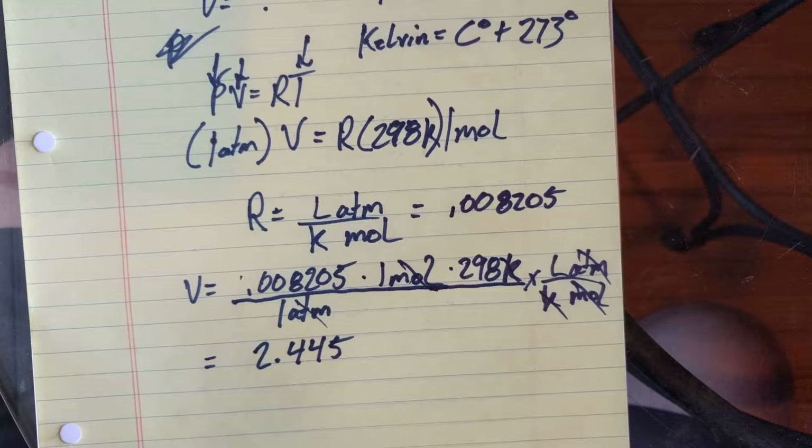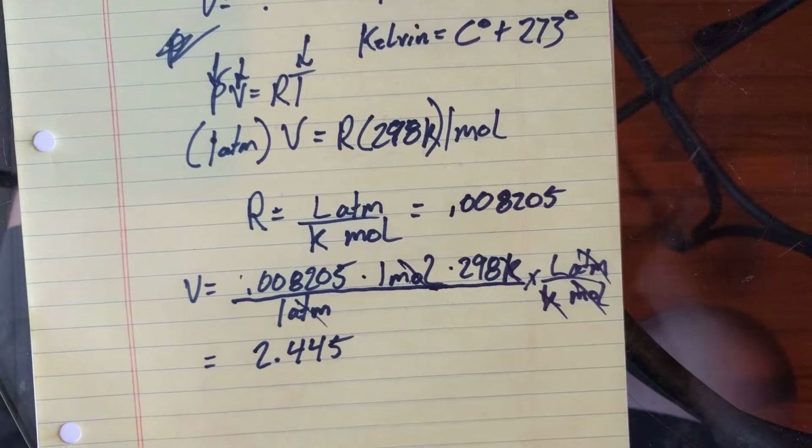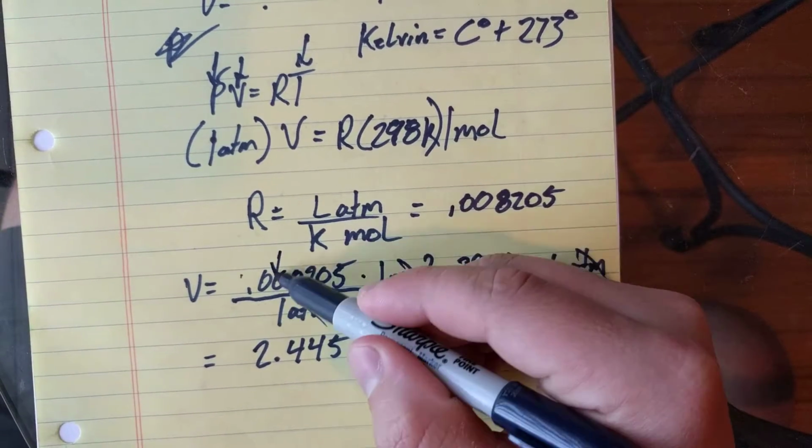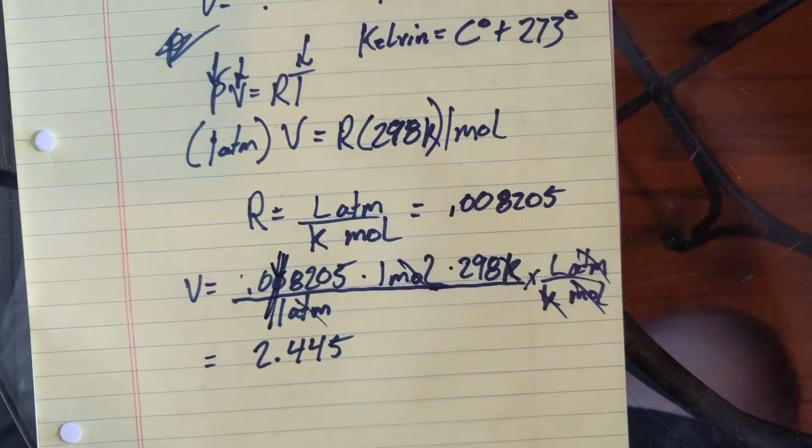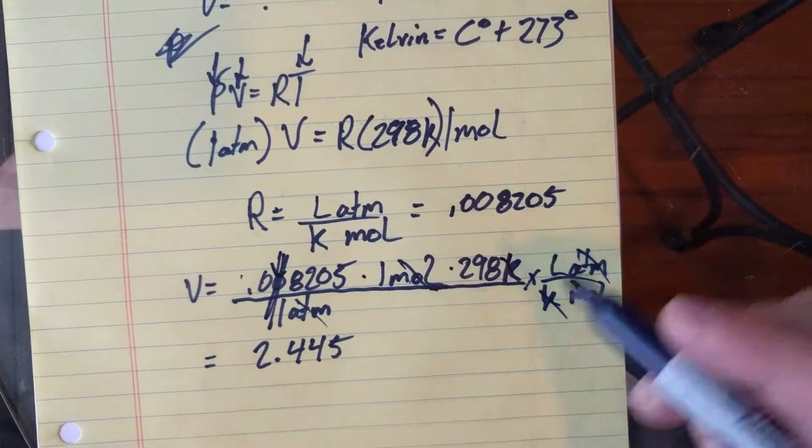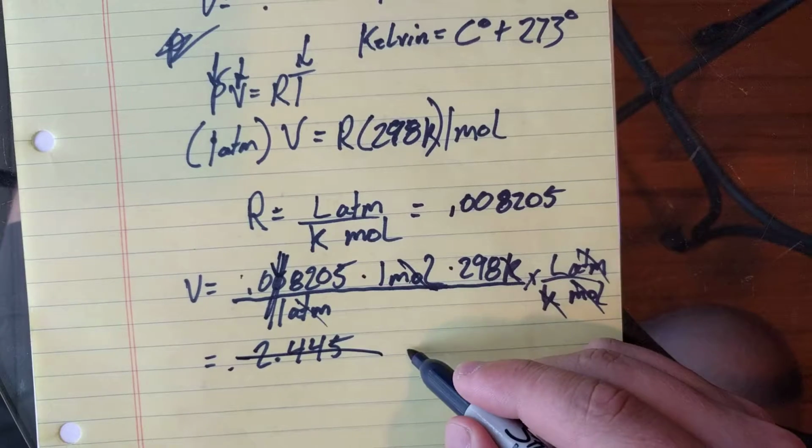What have I done wrong? Oh, there's one too many zeros in there. That one shouldn't be there. It should be 0.08205. So that would be